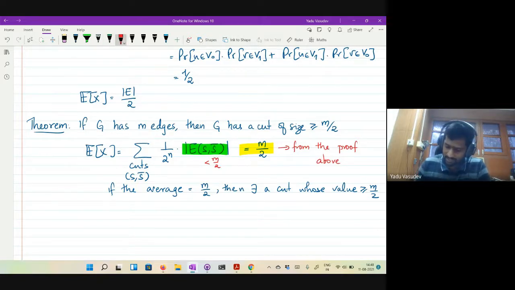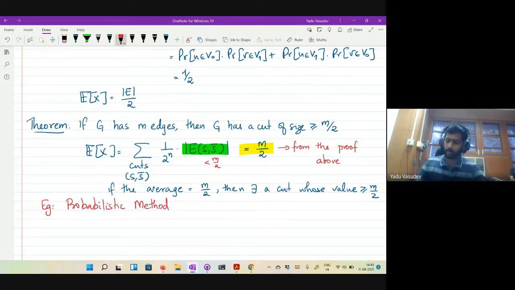is an example of what is known as the probabilistic method. It's a very powerful tool to prove many combinatorial properties. If you want to show that there exists an object with a certain property, you define a probability distribution over the set of objects, and then you sample an element according to that distribution.